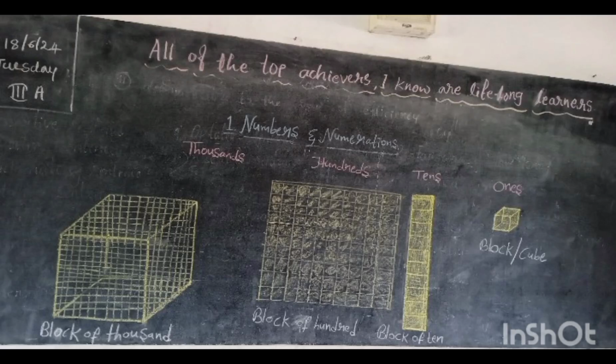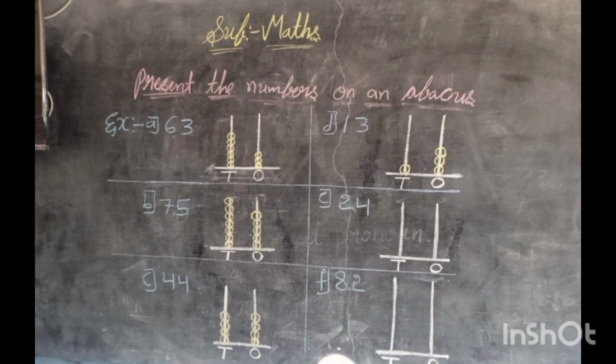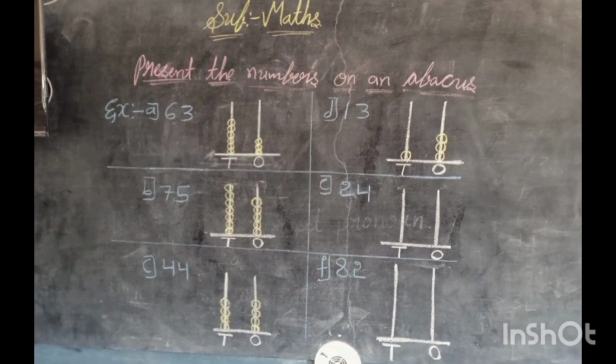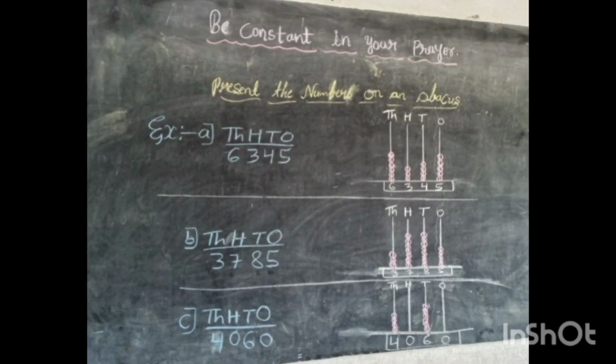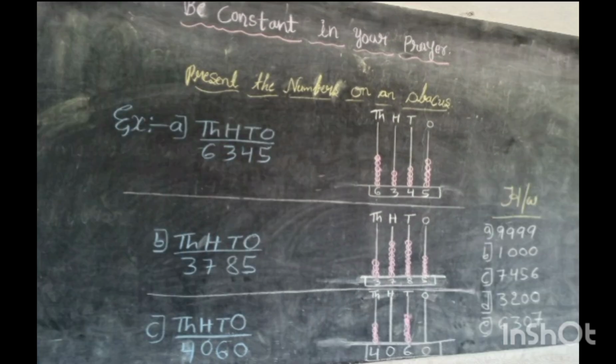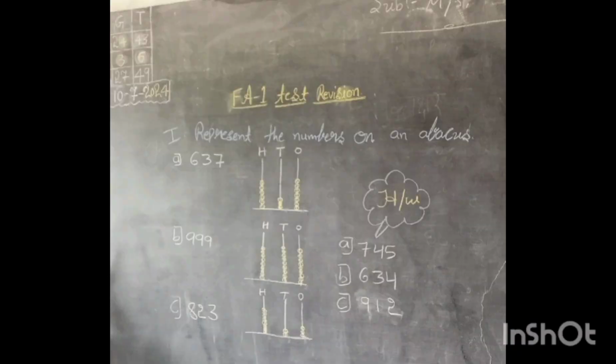I would like to present about place value of numbers. At first, we should teach by pictorial. Place value of numbers by pictorial. If you take place value of number by pictorial, we should draw an abacus picture, and according to the given number, draw the beads and present the concept of place value of numbers.